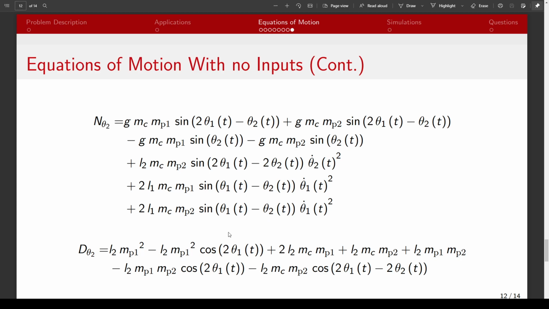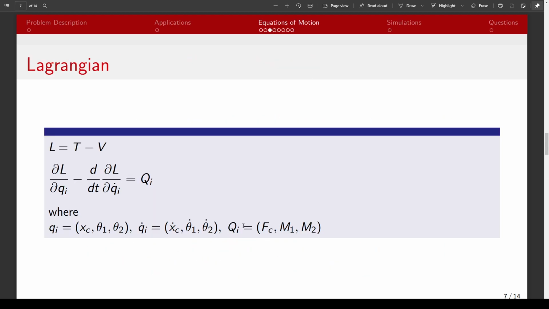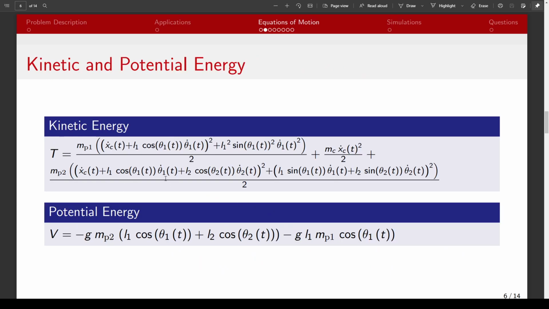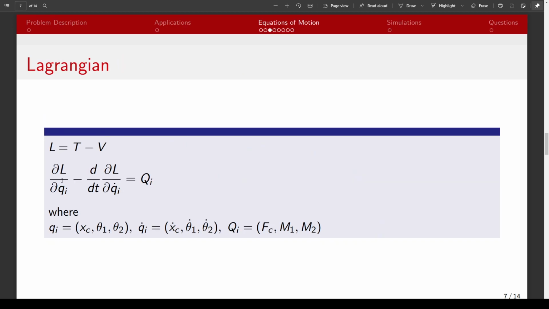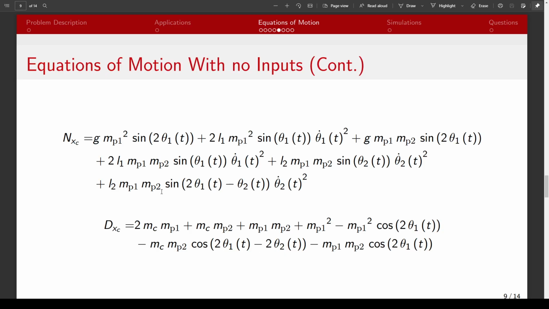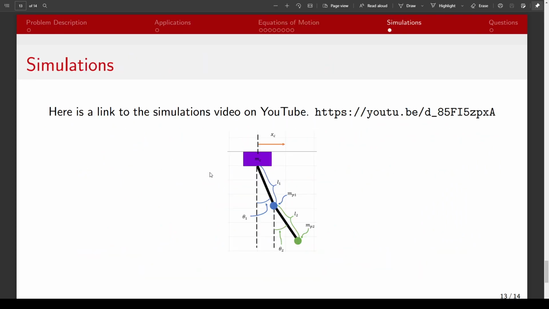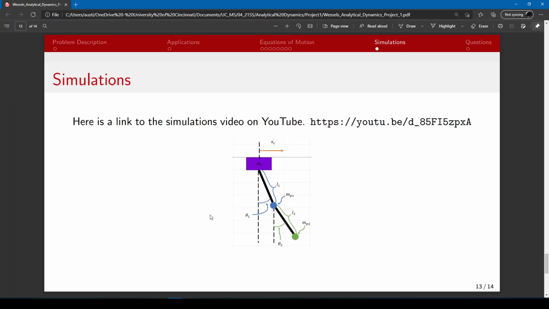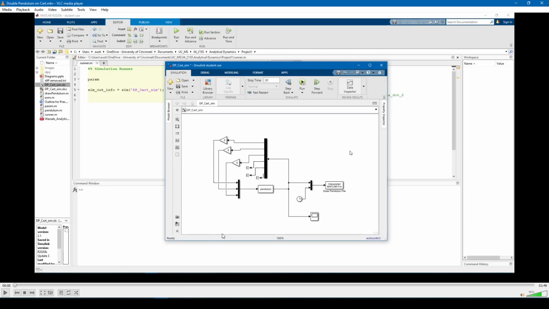So these equations here were all derived in MATLAB. We started with this L equals T minus V, inputting T and V, and using MATLAB to solve the Lagrangian equation here. And those equations of motion were input into MATLAB and Simulink. And here is a link to the video on YouTube for the simulations. So we have this video here. I have it pulled up,